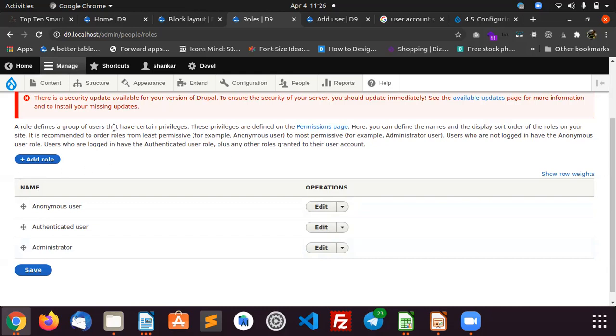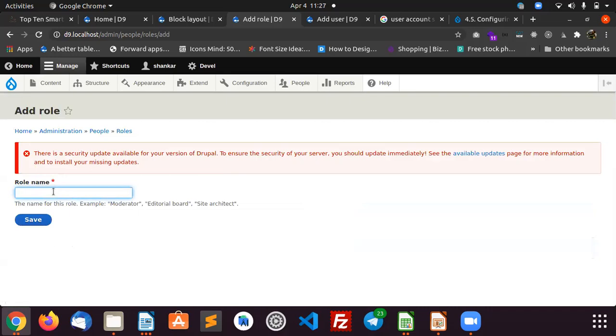You can enable the permission, right? Currently we have article and page type content. If you have created invoice as a content type, and assume invoice content is available, let me create another role, which is accountant, for demo purposes only.